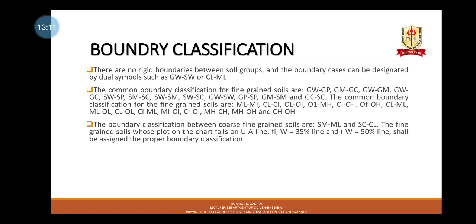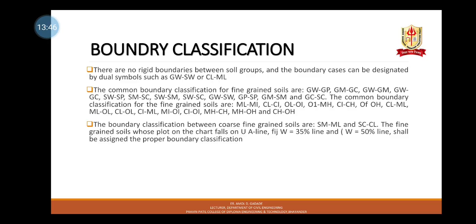Moving further towards boundary classification, there are no rigid boundaries between soil groups and the boundary cases can be designated by dual symbols such as GW-SW, CL-ML. The common boundary classifications for coarse grained soils are GW-GP, GM-GC, GW-GM, GW-GC, SW-SP, SM-SC, SW-SM, SW-SC, GW-SW, GP-SP, GM-SM,